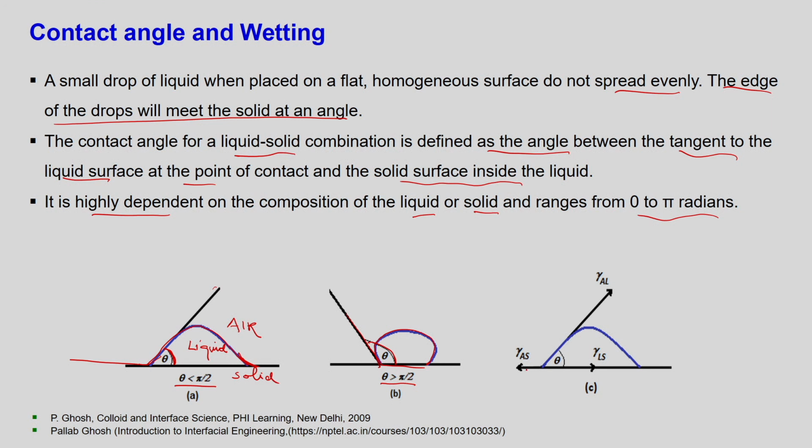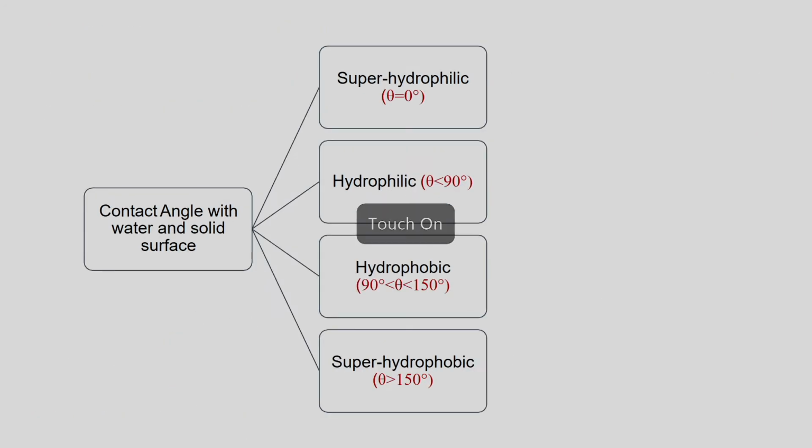So, it means the air to solid surface tension is here, liquid to solid is somewhere here acting, and the one with air to liquid is somewhere here acting. Okay. So, there are three different surface tensions now applicable: the air-solid, liquid-solid, and air-liquid. So, let us see how we compute these values.